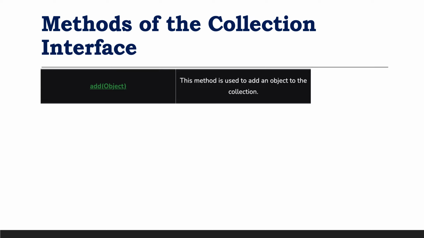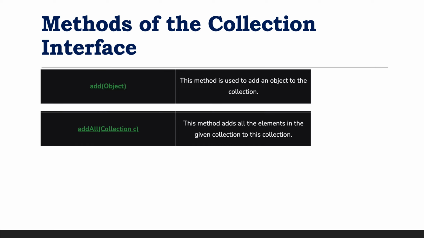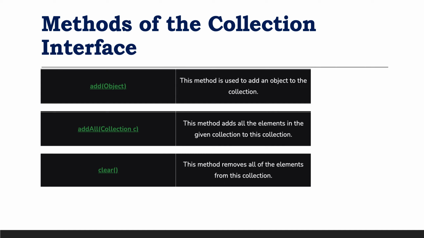So just listen carefully. The first method that we have seen is the add method. The second method available is addAll. AddAll, as the name itself suggests, is going to add all the elements of a given collection. The argument type of this method is a collection. So let's say we have a bunch of elements in a collection and we want to store them inside this collection, then we will need to use the addAll method. The next method available inside the collection interface is clear. As the name suggests, this method removes all the elements from this collection. Sometimes we may require to remove all the elements so that we can add some other elements.